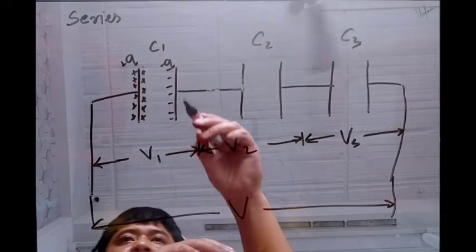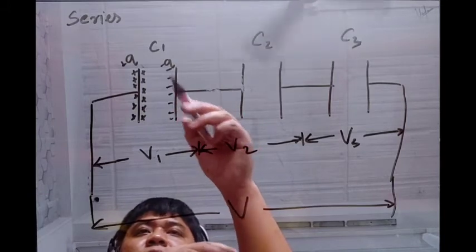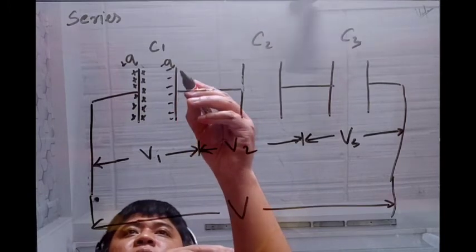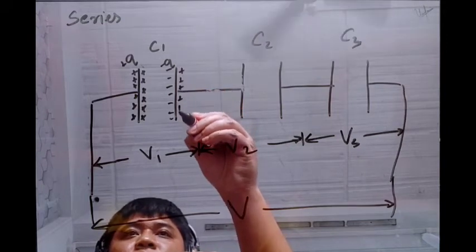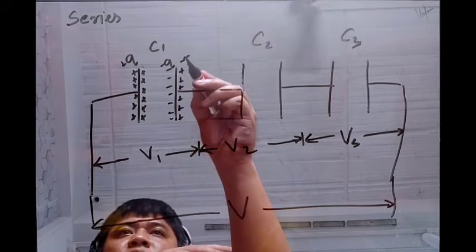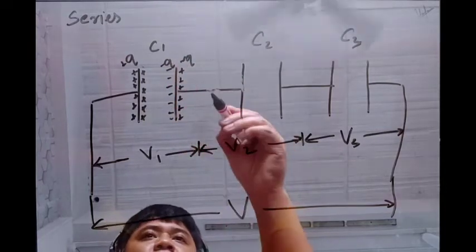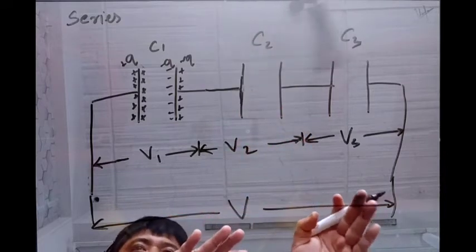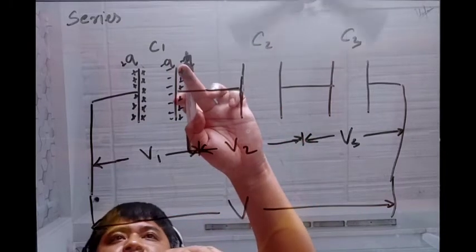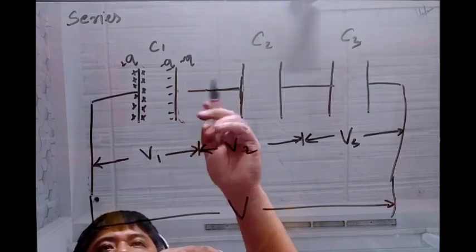This is plus Q, minus Q on C1, and this is also plus Q. But this side is lower potential, so this positive charge will flow through